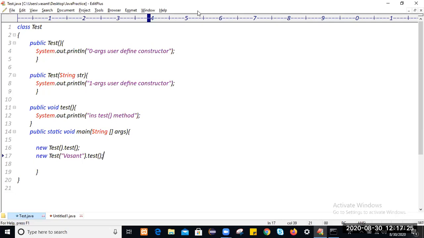What happens, guys? The moment you create an object, this object will get created. The instance method will get loaded into this object. What is the instance method? Test method. On this memory address, you are directly calling the test method. Again, the moment you create one more object, an argument object, this argument object will get created, and the test method will get loaded on it. During object creation, the corresponding constructor will get executed.